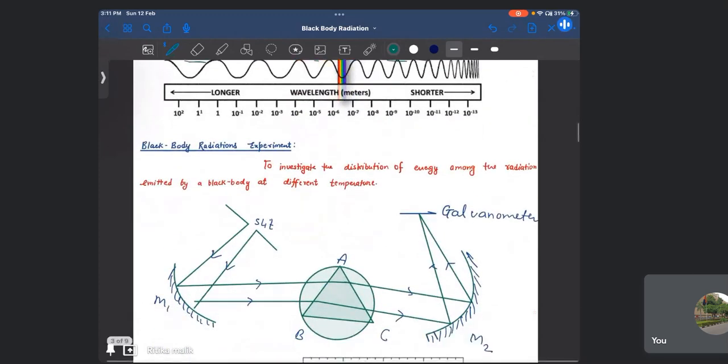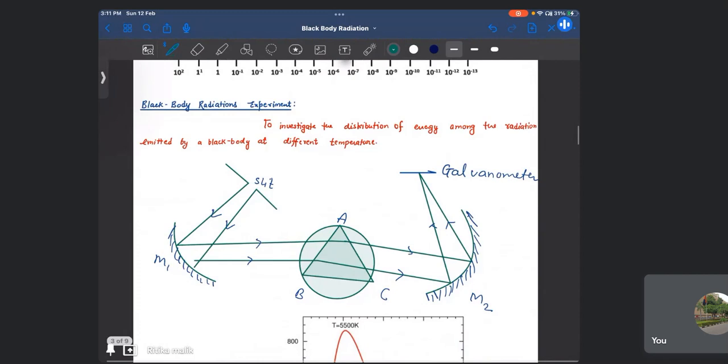So there is an experiment which was done by two scientists to investigate how this radiation wavelength depends on temperature, or how the radiation energy depends on temperature. What they did was change the black body temperature continuously. For example, here is the body placed, and they tried to see how the radiation occurs at different wavelengths. Since at that time there was no spectrograph, they built a spectrograph